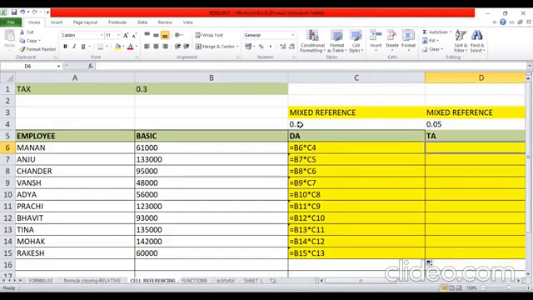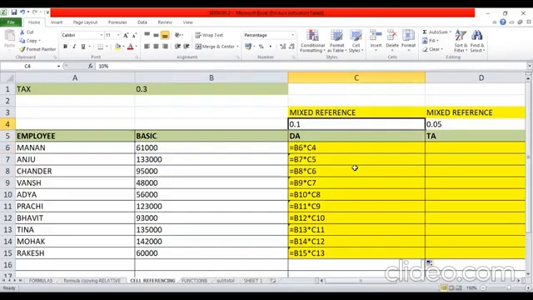C4 is the cell which contains my rate at which the calculations are being made, rate of dearness allowance. This cell is also changing. So from C4 it is becoming C5, then C6, then C7. But I don't want that. I want it to remain C4 only, because this is where I have written my rate.